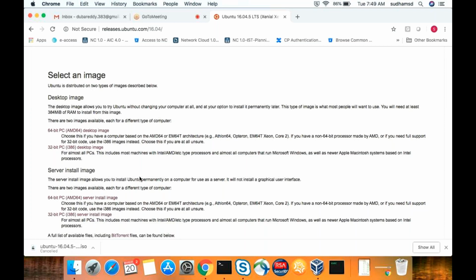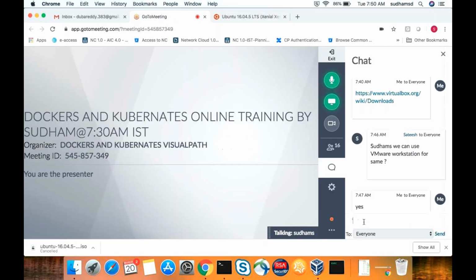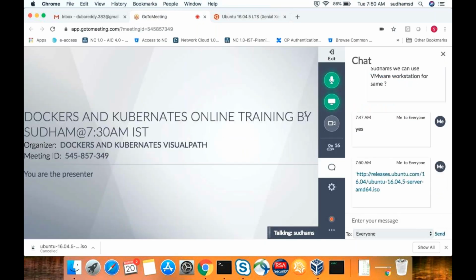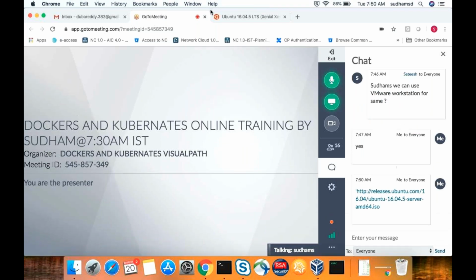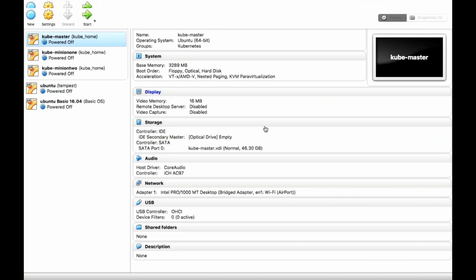Okay. So just copy this link I'm giving to you. You can download it from your end. Okay, this is Ubuntu 16.04 image. So which you can try, and once that is done, okay, go back to your Oracle VirtualBox, create one